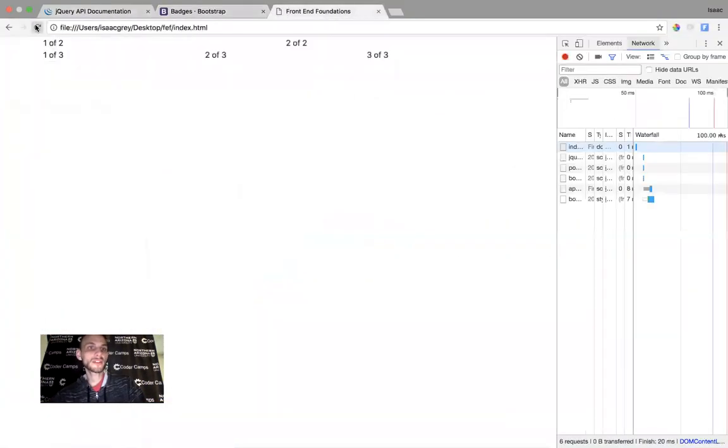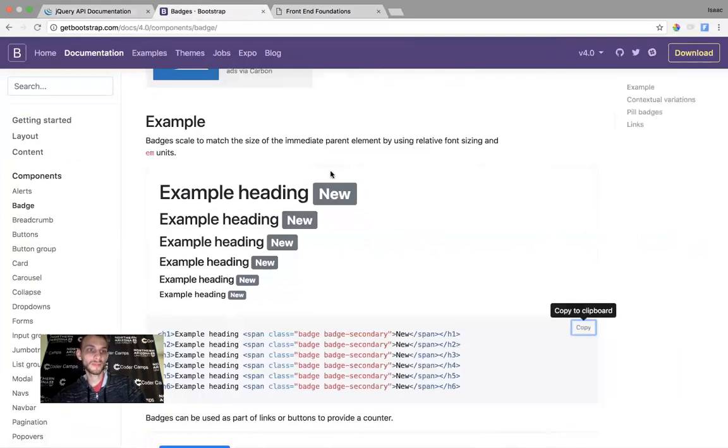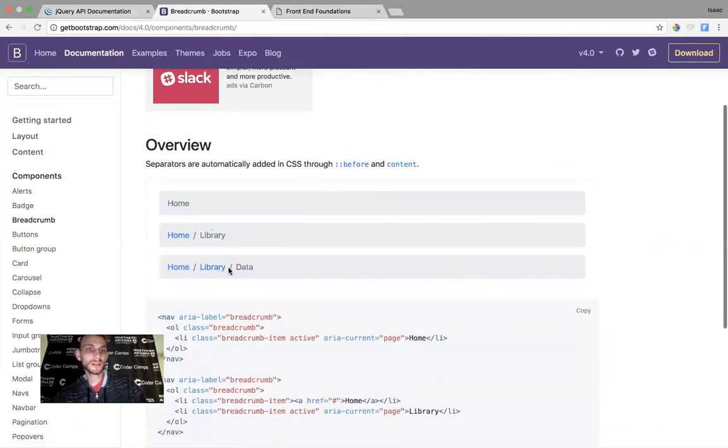And then we'll refresh. And as you can see, right out of the box, it's working, right? All I had to do was link up Bootstrap, and it already took care of all the styling for these little badges for me, okay? As well as badges, we got breadcrumbs, which kind of keep track of where you've been in the